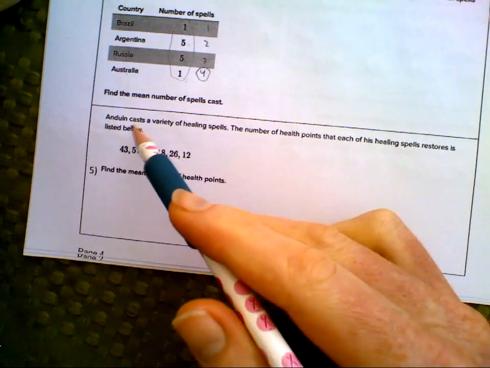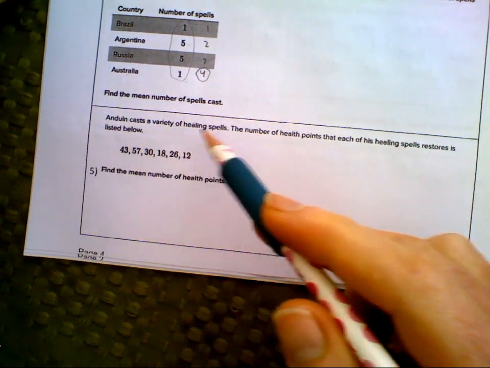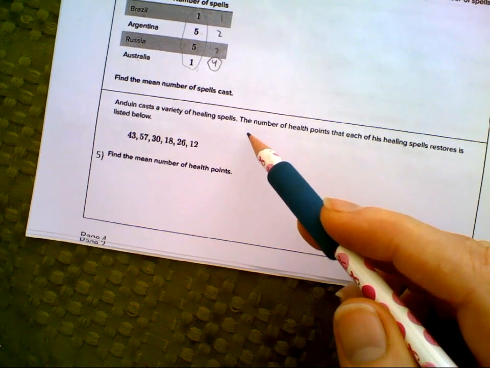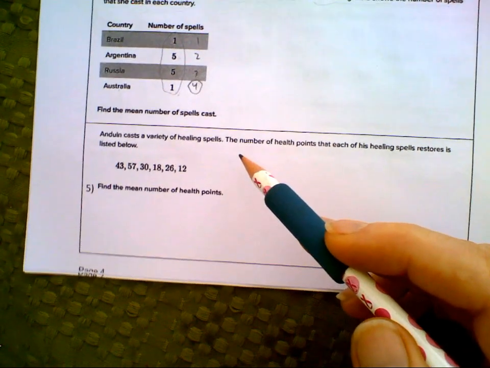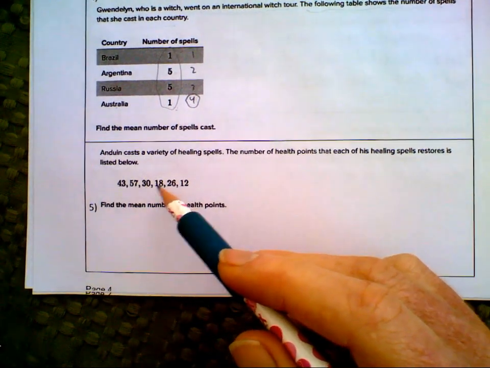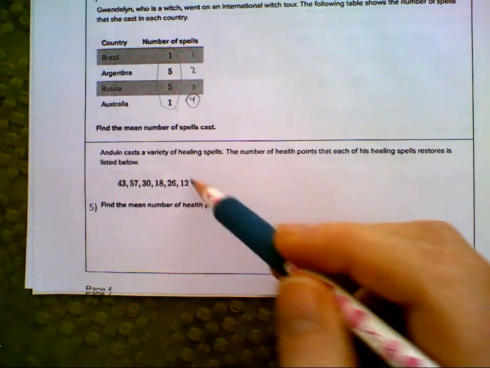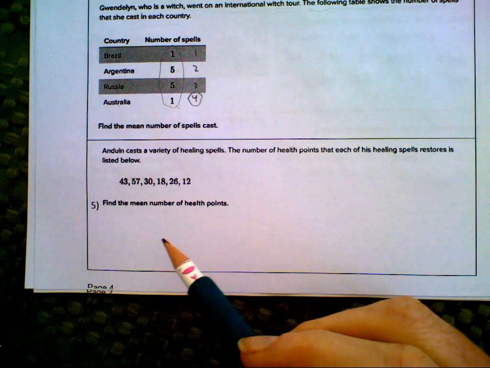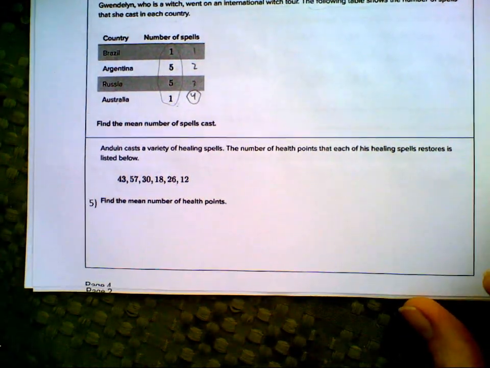Now in this problem, it says Anduin casts a variety of healing spells. The number of health points that each of his healing spells restores is listed below. They have 43, 57, 30, 18, 26, and 12. This one's a lot more familiar. It looks just like the ones that we solved up above. It asks us to find the mean number of health points. Go ahead and attempt these problems on your own at home. You can pause the screen here and you'll be able to see both